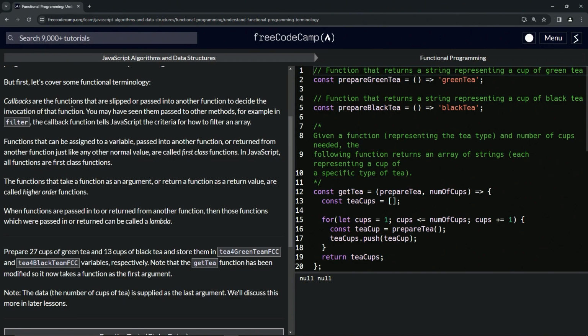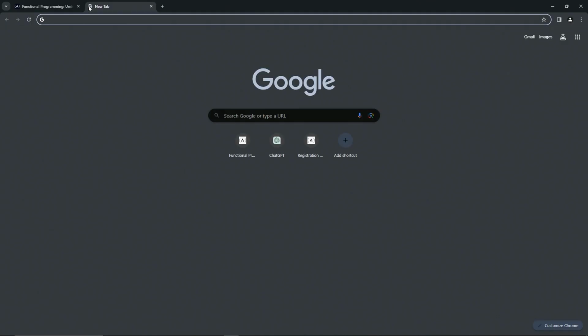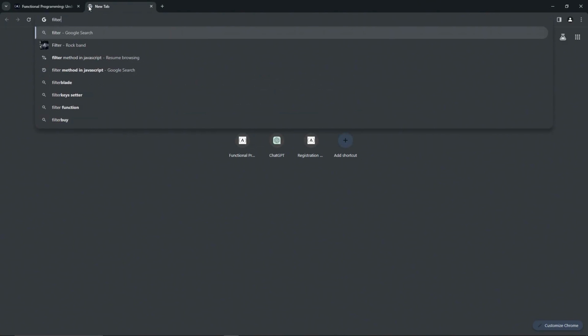Callbacks are the functions that are slipped or passed into another function to decide the invocation of that function. We may have seen them passed into other methods. For example, in filter, the callback function tells JavaScript the criteria for how to filter an array. Let's go look at the filter method real quick. So, filter method